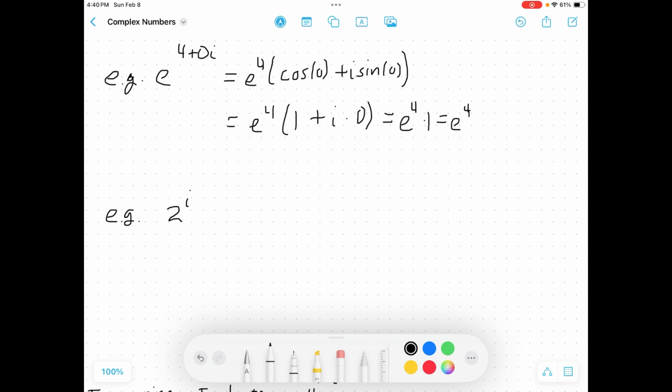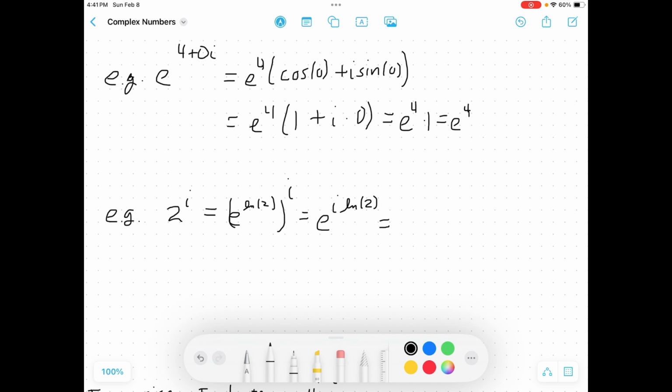What about something that looks like 2 to the i? The reason that we turned to just figuring out what e to a complex number should be is because we could rewrite this as the 2 is the same thing as e to the ln of 2. Logarithms of complex numbers get complicated, but this is just the logarithm of a real number. But we've got that to the i. So using exponential rules, we could say that this should look like e to the i times the real number ln 2,